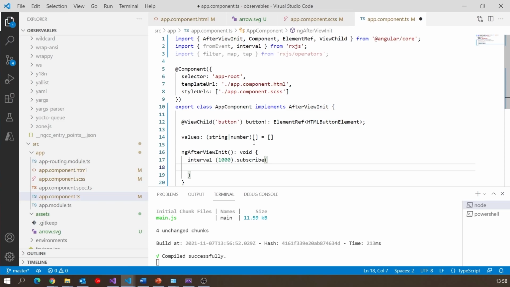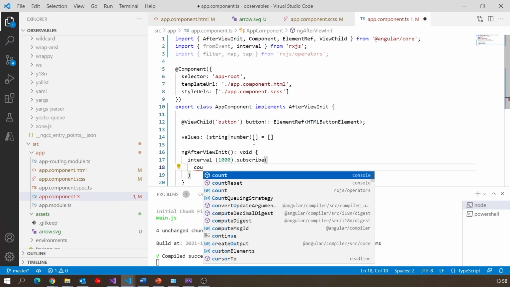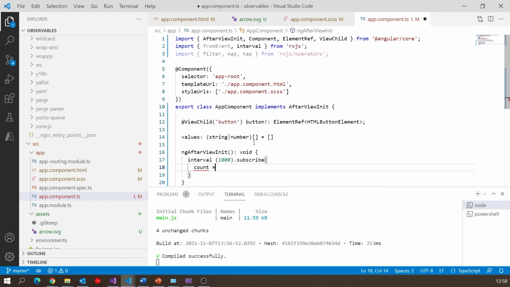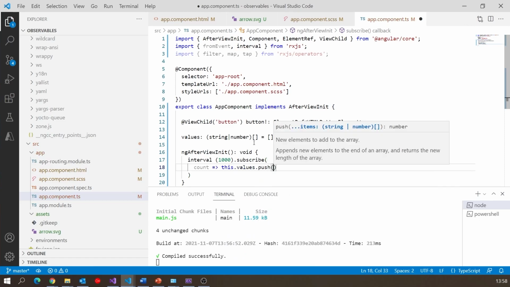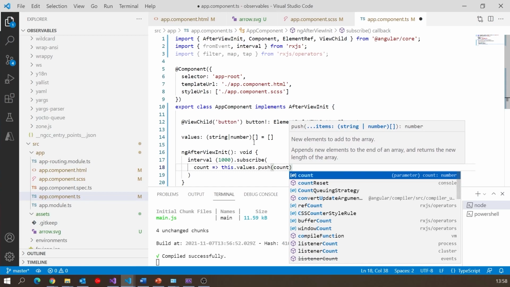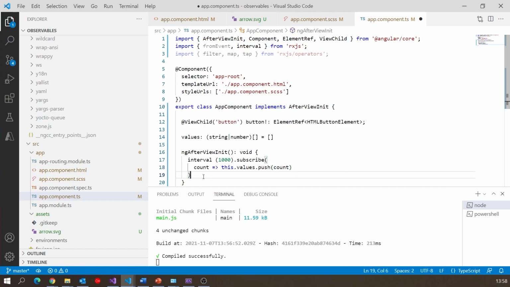Here, the interval simply gives you a counter of how many times it's called back. So if I just put count on there and then use an arrow function, and what I'm going to do is on that values, so I'm going to say this dot values dot push, and then push in the count. So what we should see there is just on each time, once a second, that this observable sends out a new value, we'll get that displayed.